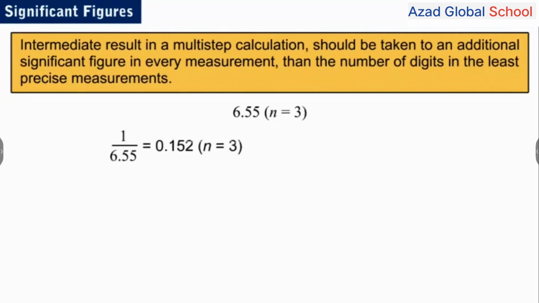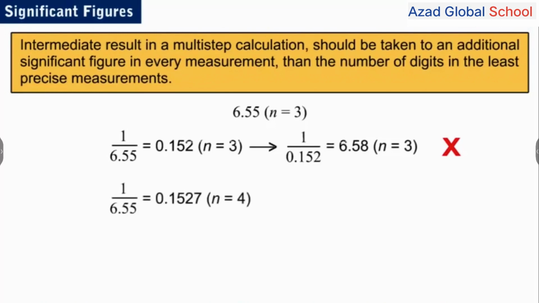However, the reciprocal of 0.152 is 6.58, which does not match the original data we had. Now, if we consider the reciprocal of 6.55 to 4 significant digits, we get 0.1527. The reciprocal of 0.1527 taken to 3 significant digits is equal to 6.55, which is